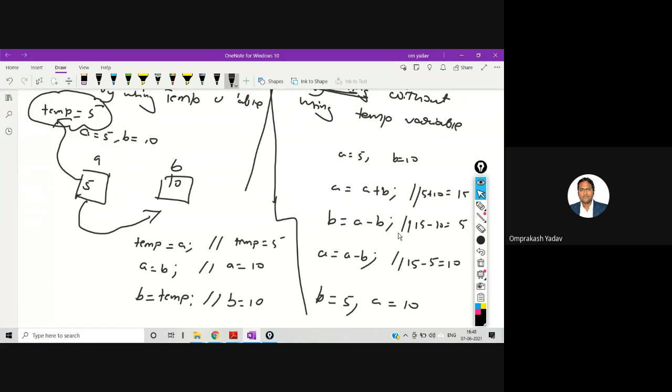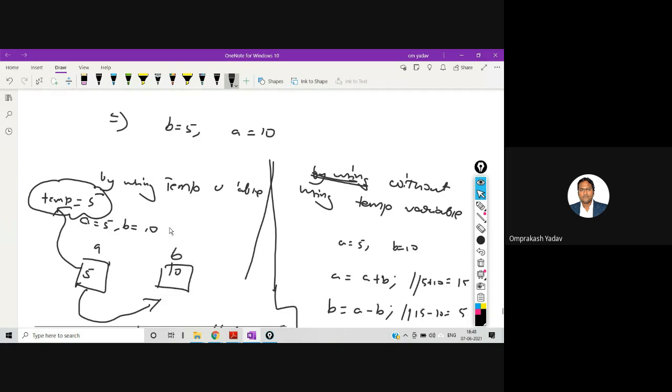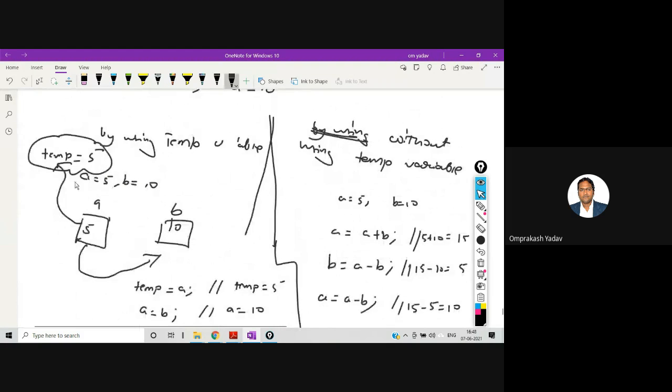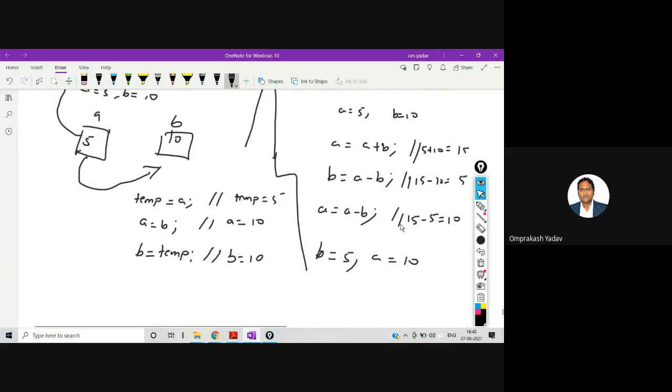So here I have not used any temporary variable, and with the help of only these two variables, we are able to swap both the values. So this is a simple program, swapping of two values. The first method was by using the temporary variable, one extra variable. This temporary variable you can name anything like x, y, z, whatever name you want to give. I'm just taking one extra variable. Over here, I'm not taking any extra variable. Without using an extra variable, I'm just able to swap the values.